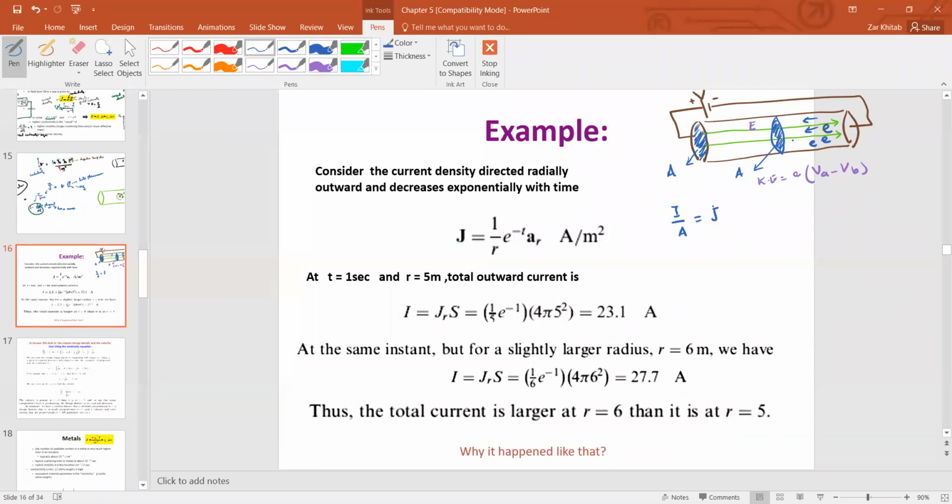सो एक सर्टन सिचुएशन है, सर्टन कंडक्टर है, सर्टन वायर है जिसमें जे का प्रोफाइल 1/r एक्सपोनेंशियल माइनस टी ए आर एम्पेयर्स पर मीटर स्क्वायर बन रहा है, ठीक है। आर क्या है? इस वायर की रेडियस है। ये एक सर्टेन प्रोफाइल बिल्ड किया गया। हम लेटर ऑन देखेंगे कि जे की प्रोफाइल्स हम कैसे बिल्ड करेंगे।